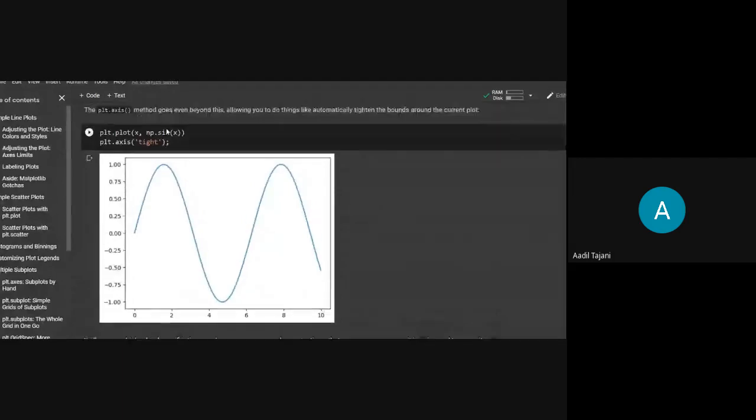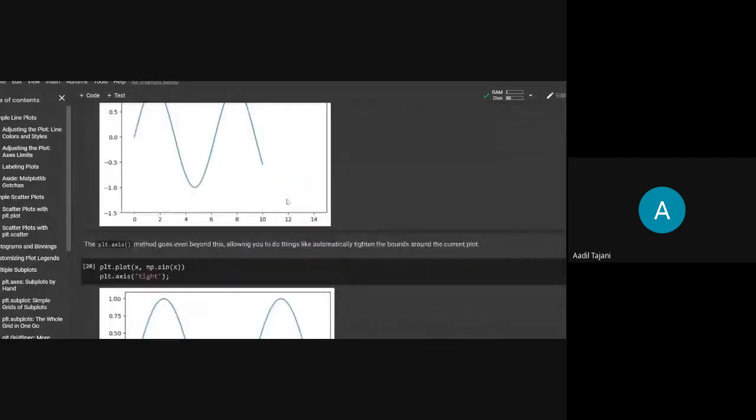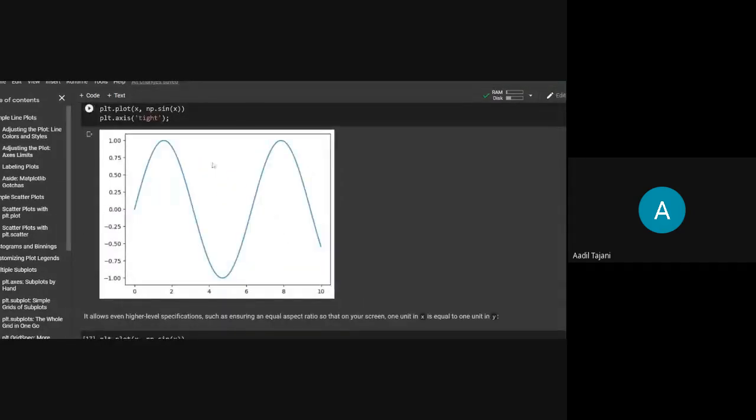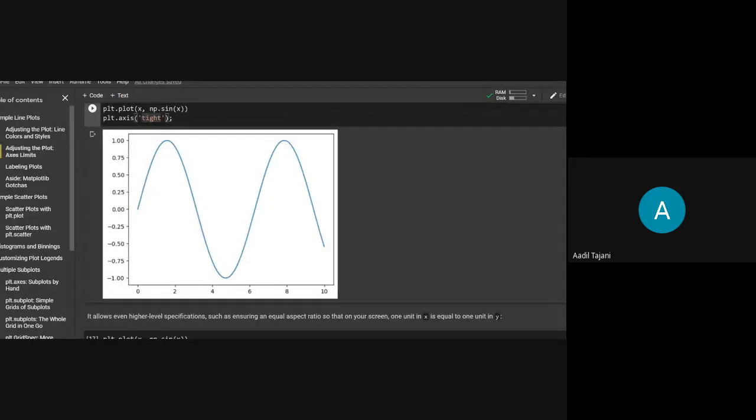As you can see here, before we passed the values -1 to 15, and here is extra space. If you use the tight string in the axis function, it will give you tight bounds on those axes.